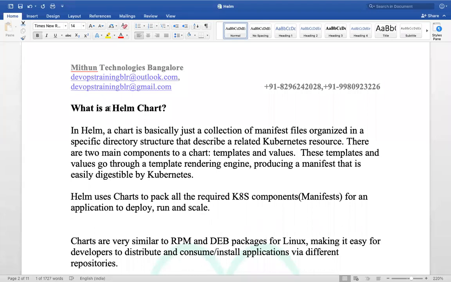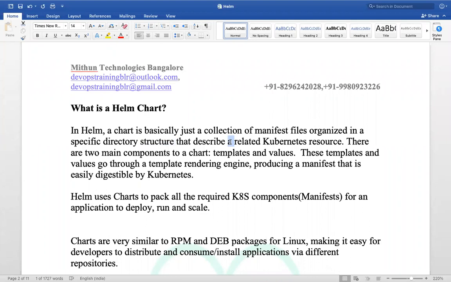So in Helm, we have a Helm chart. As I told, what is the chart? Chart is basically a collection of Kubernetes manifest files, organized in a specific directory structure, which will represent some Kubernetes object.